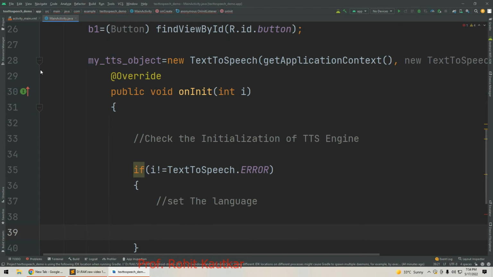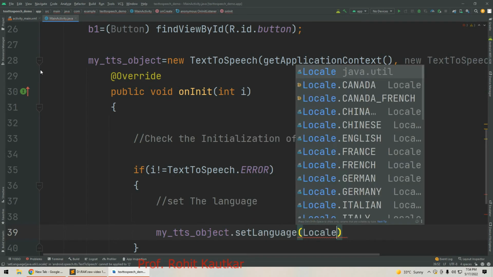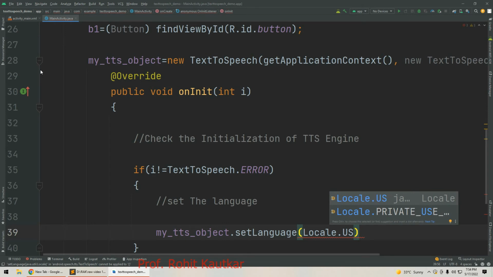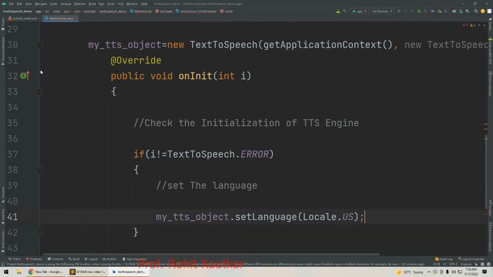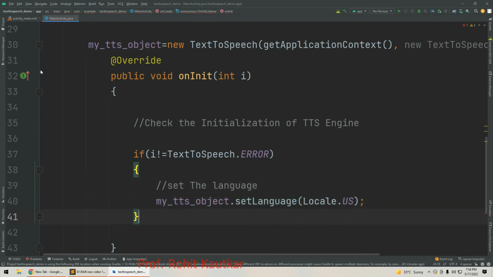So for setting language we will write here my text to speech object dot set language, and here we will specify Locale dot US, like this. Okay,